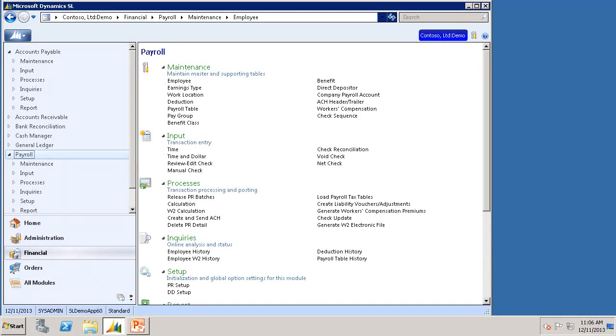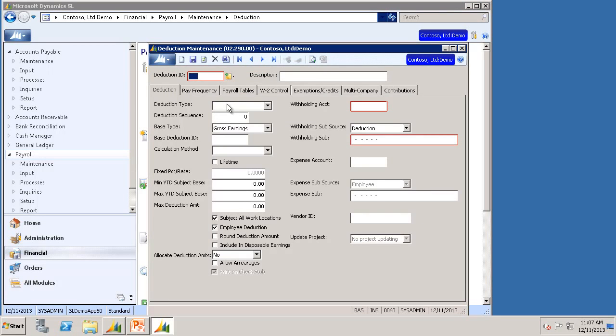Here I am logged into Microsoft Dynamics SL. The first step is to open the deduction maintenance screen. For the purposes of this video, I will set up a 401k type deduction. I'll enter 401k as my deduction ID and a short description. In the deduction type field, the options are in the order in which Microsoft Dynamics SL